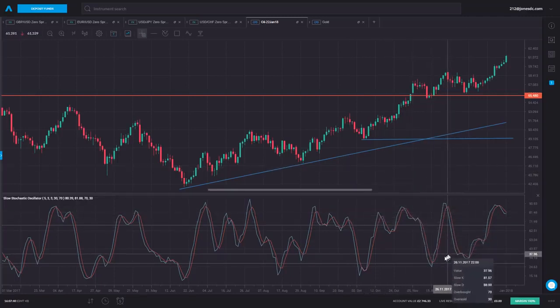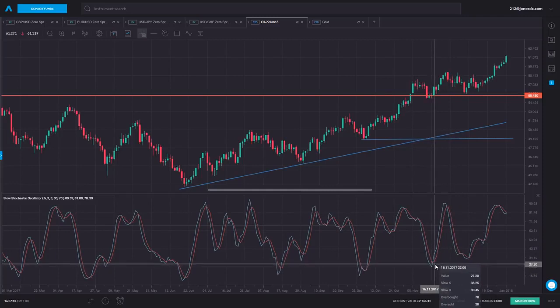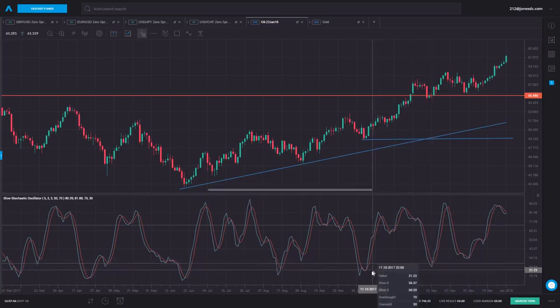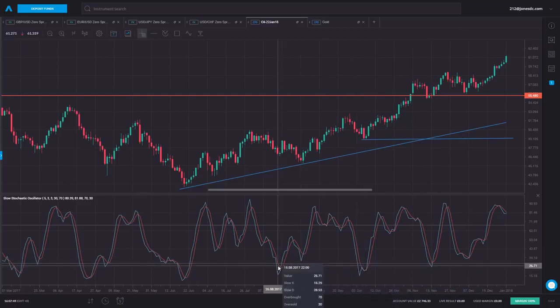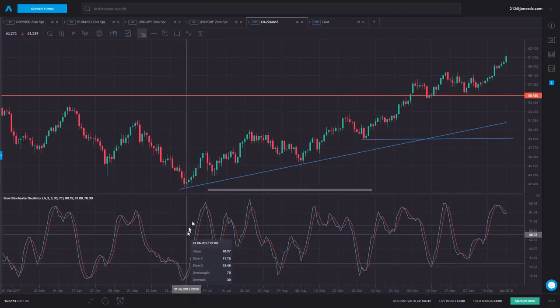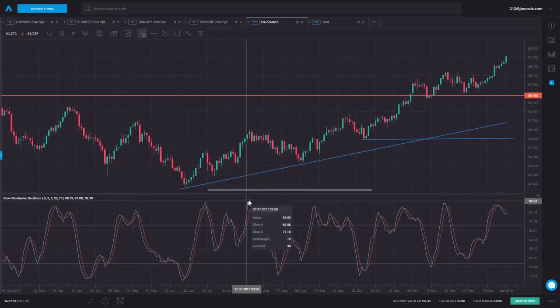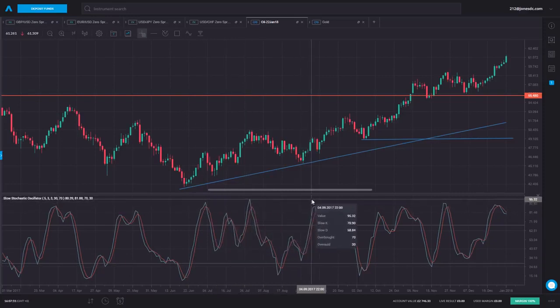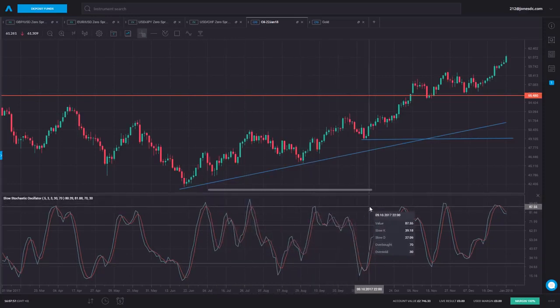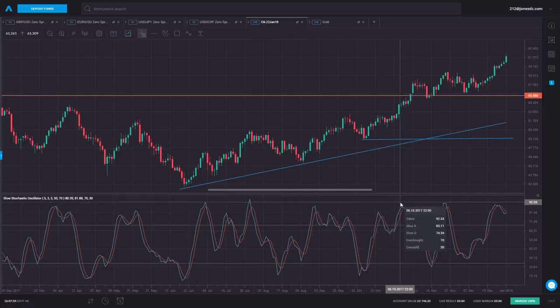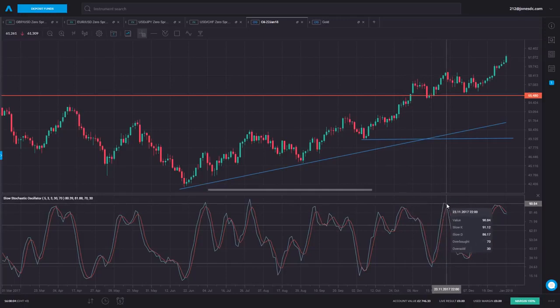trend. And we had probably the last true one when it dipped below oversold was back here, a pretty good signal in November. Then we go back here, and here, and so it goes on. But you see there are plenty of sell signals that, I mean, some of them would have worked okay, but you just have to be a little bit wary of clearly trading against the trend. You know, if the trend is up, it doesn't really matter what the indicator is saying, that trend is still most definitely up. So maybe we use it as an opportunity to think about taking some profits rather than going